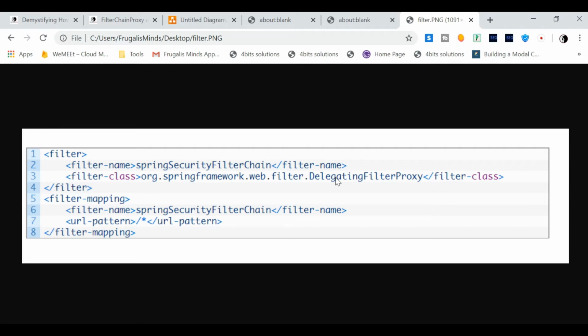That's why the name is DelegatingFilterProxy. It has nothing else to do. It delegates to all the security filters that are present. There are various kinds of security filters present based on the type of request. We will see that in a while. So now your request is delegated from here to the appropriate filters.